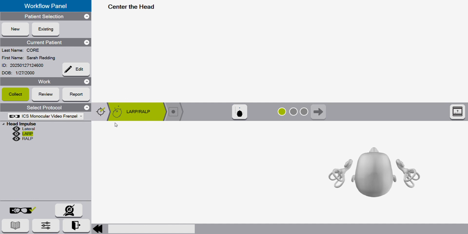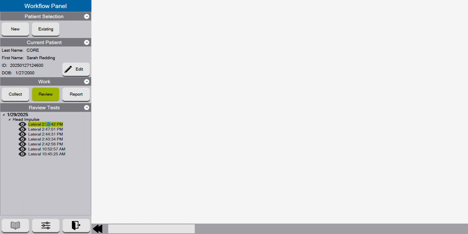So it's generating the LARP screen, so it's trying to get you to progress to the next test if you want to do it. But for now, since the first part of your lab is only laterals and you may only do laterals on some of your patients, we're going to stop our collection here and go to review instead. So I'm going to click the review icon here over on the left,